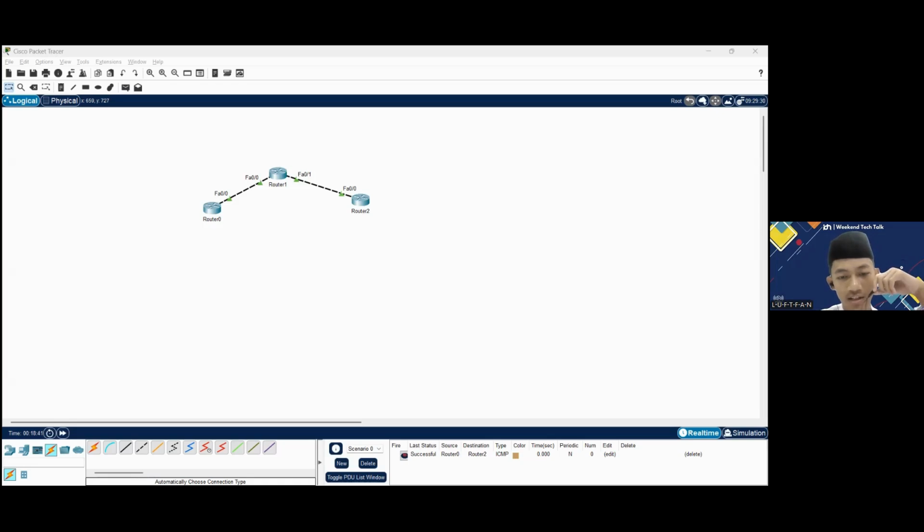Okay, you can exit first, and then you can type key chain, and then you can write your name, the key chain name is up to you. In this example, I will use one. You can add a key inside, for example key 1, 2, 3, 4, 5.